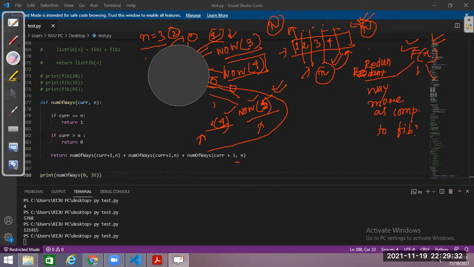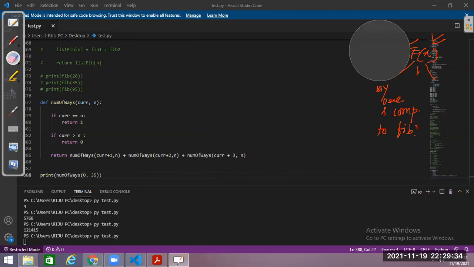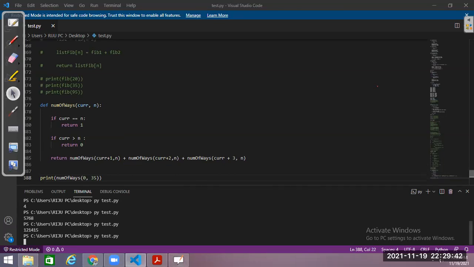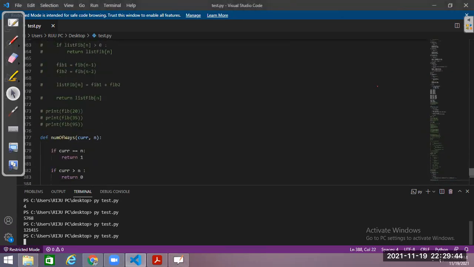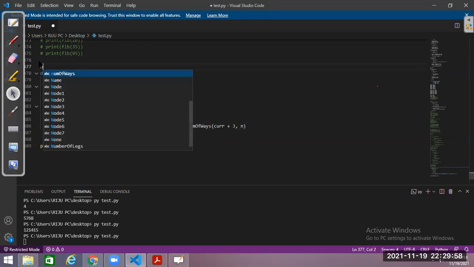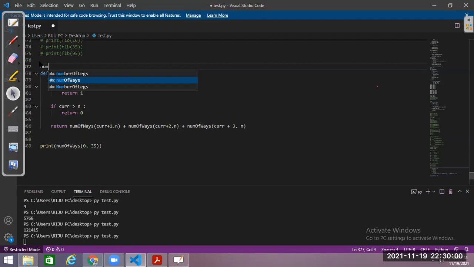Right? So now, to stop these function calls, what can we do? We can store this entire result somewhere. Okay. Let's define another list for this, that is, the number of ways list equal to,